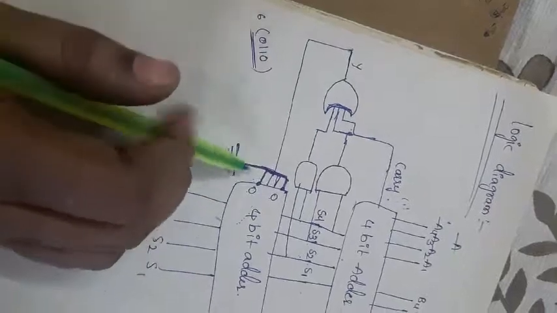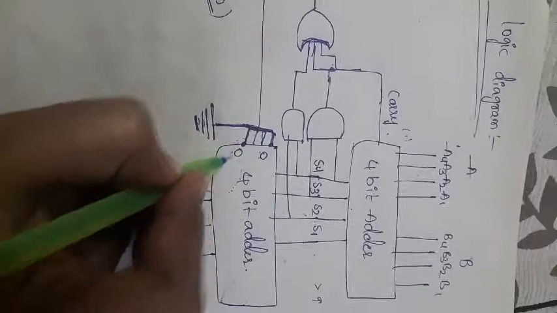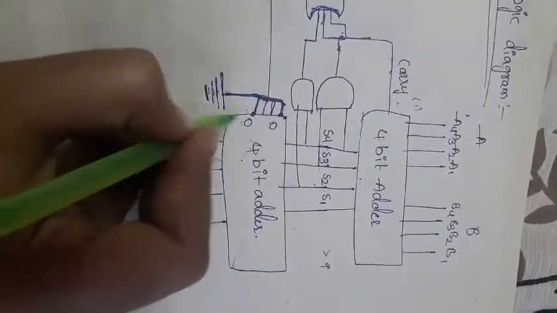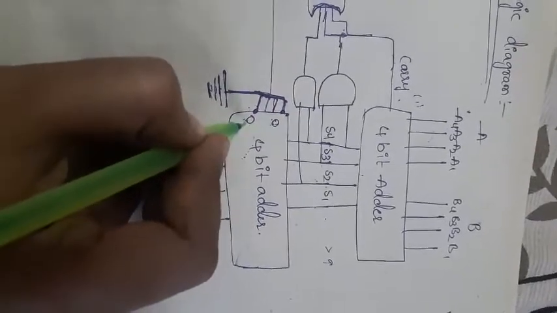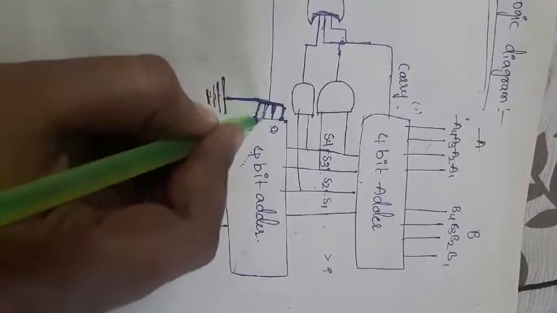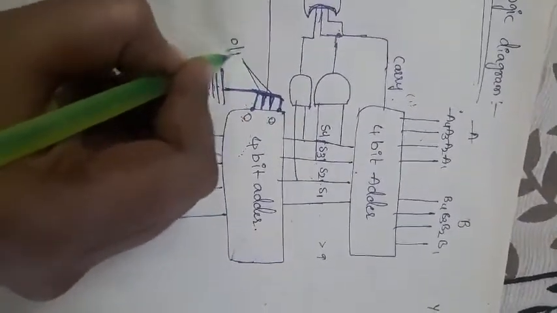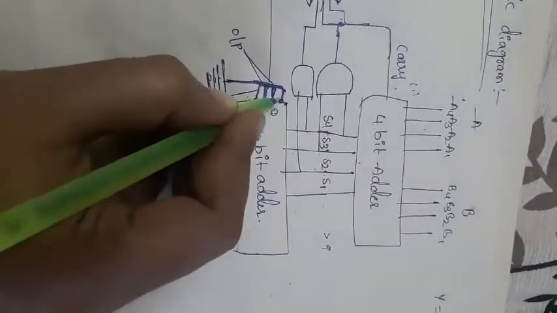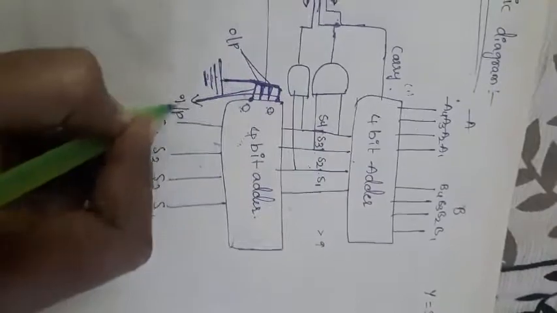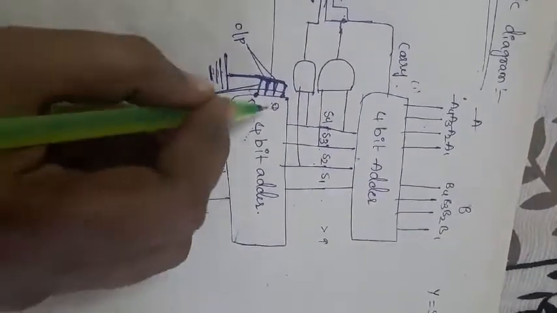Input ways and output ways. The input ways are the LSB bit and the MSB bit, which we can connect directly to ground, so we get the output equal to 0 for this input case. The two middle lines we can consider as the output lines, and these two lines as the input lines. Input lines are always connected to ground, so the output becomes 0.